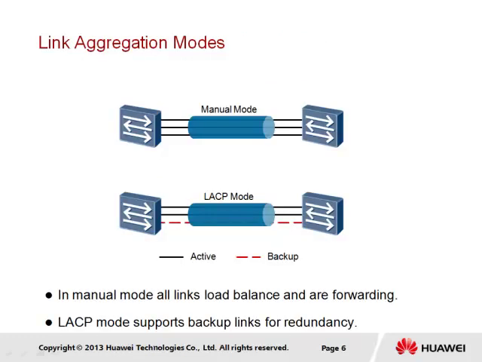The implementation of link aggregation supports two modes. These are understood as manual mode and LACP mode. As the name suggests, the manual mode allows for port interfaces to be manually associated with an Ethernet trunk. These port interfaces are known as member interfaces and will operate as a single logical interface as part of a link aggregation group. These member interfaces will be set to operate in a forwarding state